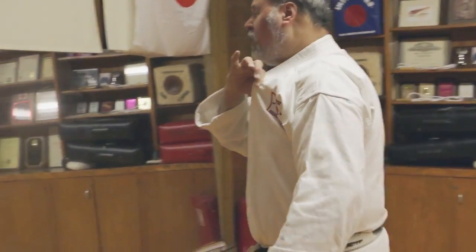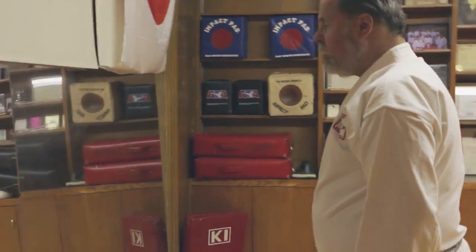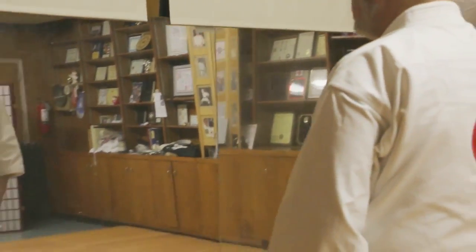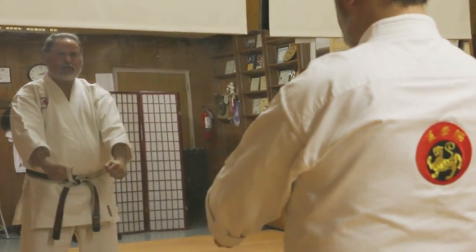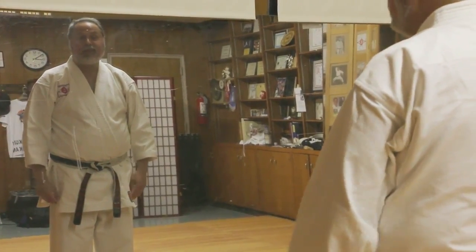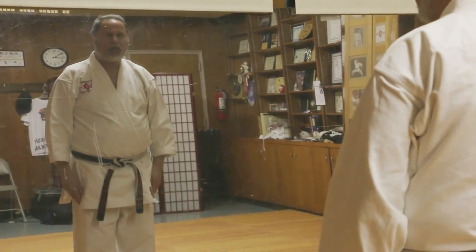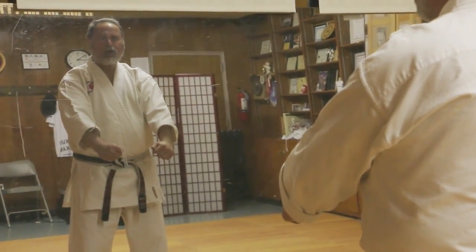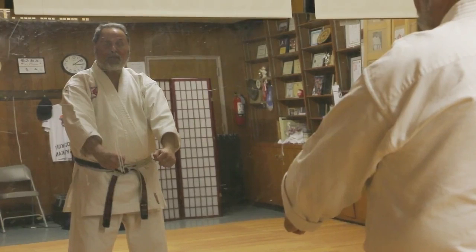I had a brown belt years ago when I was a lower rank at Black Belt Academy. He didn't like the way I said yoi. So he said, come here. He put me in front of the mirror. And of course I did yoi. He didn't like it. So for the next 20 minutes I stood in front of the mirror doing it, which doesn't seem like a big deal. But the difference between almost like that and showing a little bit more assertiveness sets the proper tone in front of the judges, in front